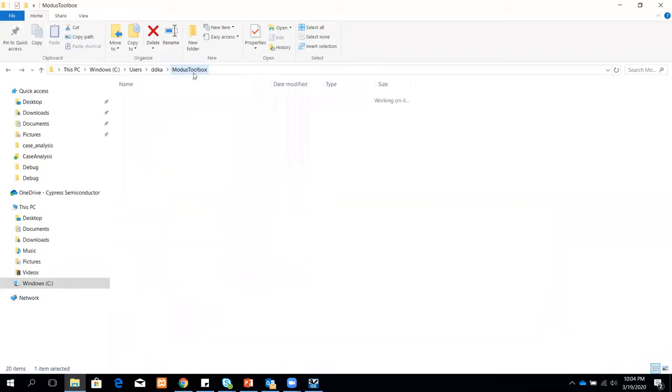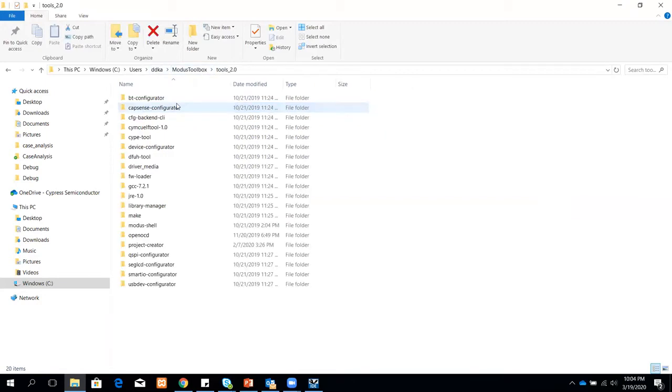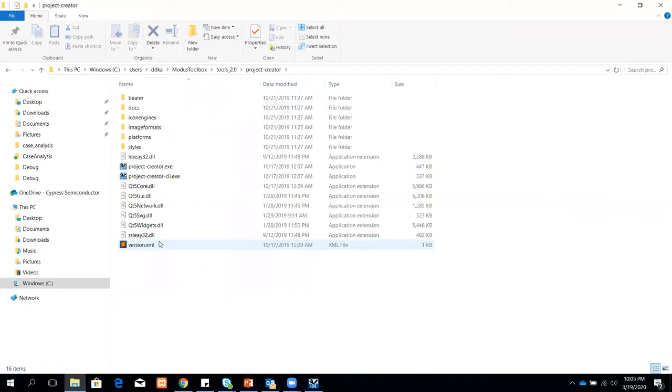As I told you, the Modus Toolbox installation directory has these two folders. And if some of you haven't noticed, this by default creates the directory inside your user profile. So in my case, it's DDK. So it will be created here, and then if you go over to tools, here you'll find the project creator, and it is available as part of an executable, wherein one of them is a GUI and the other is a command line tool.